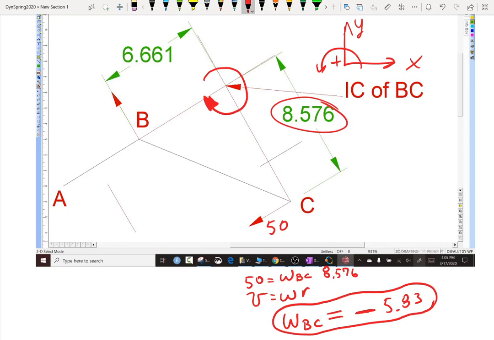If there is this object, which looks like this, a rigid triangle, so to speak, that is rotating that way, then the velocity of B